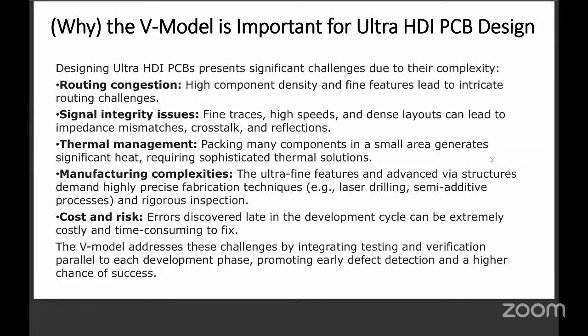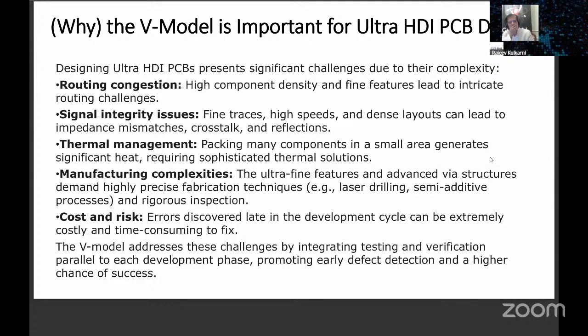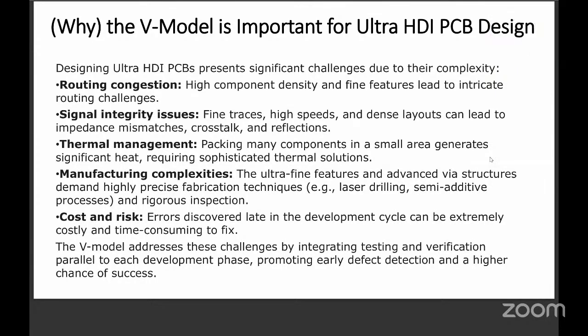High component density and fine pitch features lead to intricate routing challenges, especially the bump map and breakout region. These are the two regions where trace routing is very difficult, because we have to follow standards defined by JEDEC or somebody for memory modules or some standard protocols and the outlines, and it becomes very challenging. People were addicted to pin swaps and gate swaps earlier, changing assignments the way they liked, but that's a tough nut to crack here.